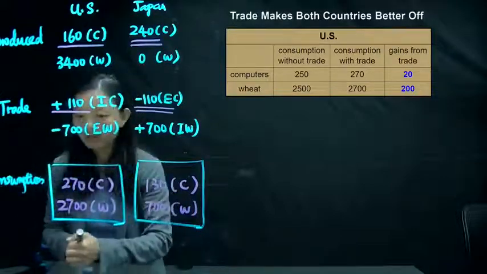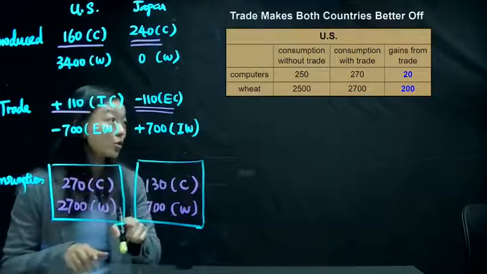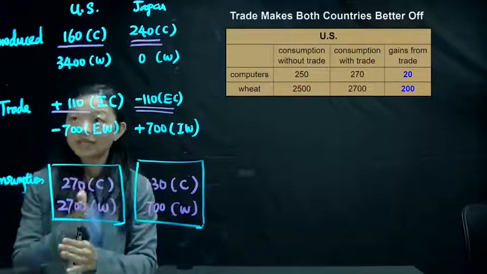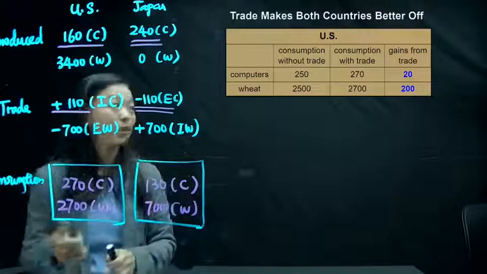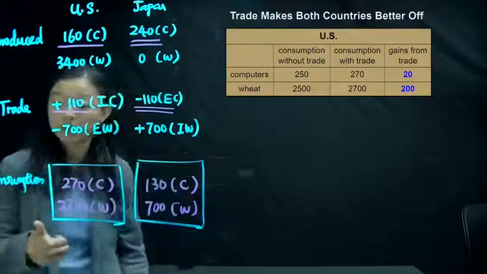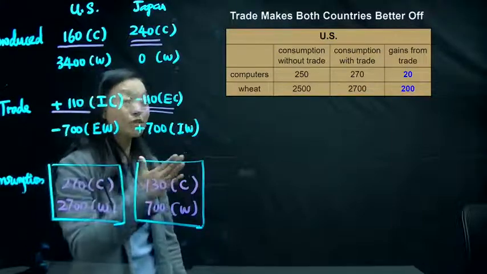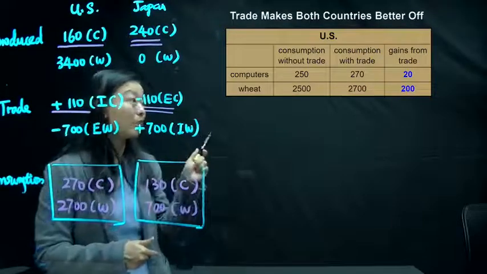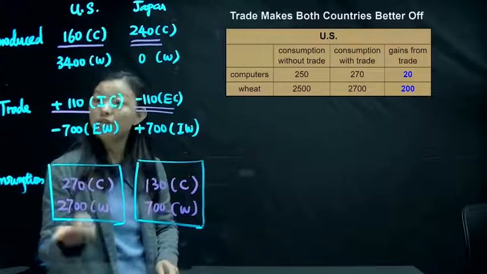Originally, we would like to say without trade, let me just say something here. Without trade, the US divides the time equally to produce computers and wheat. So the US will have 250 computers and 2,500 tons of the wheat. But now after trade, you might notice from this table, the US can get 220 computers and 200 tons of the